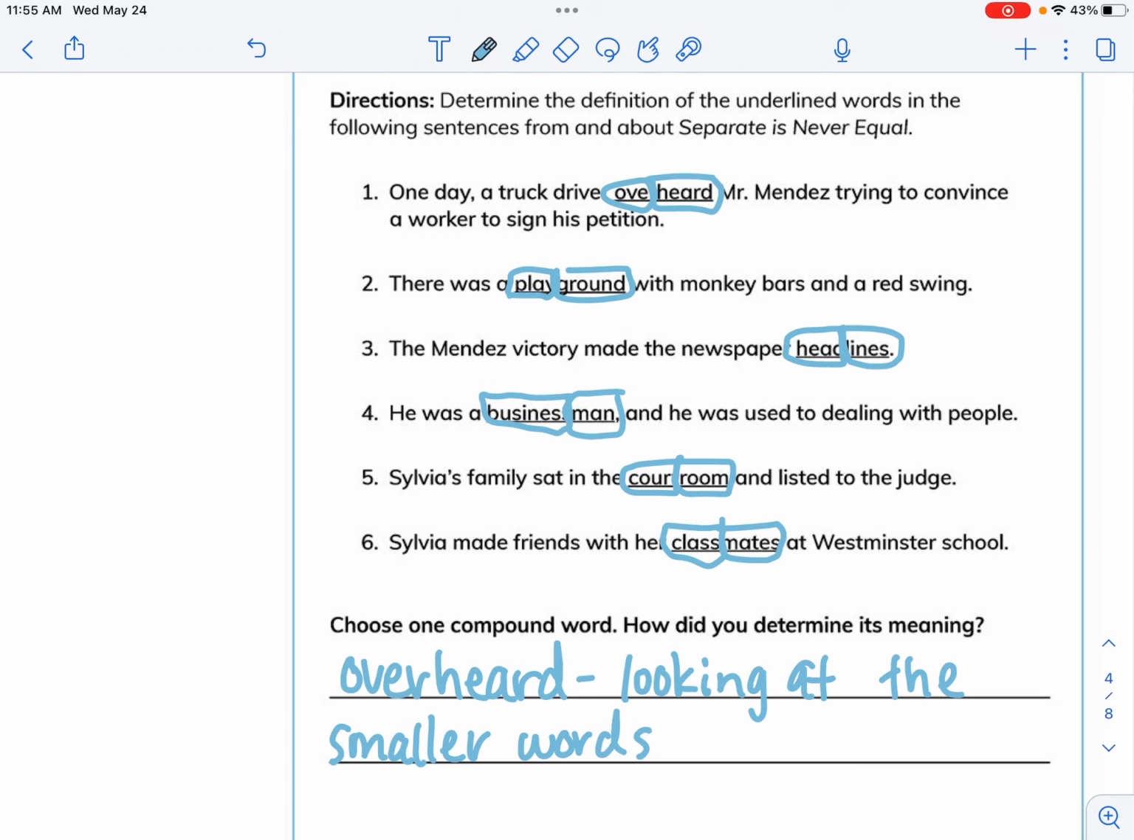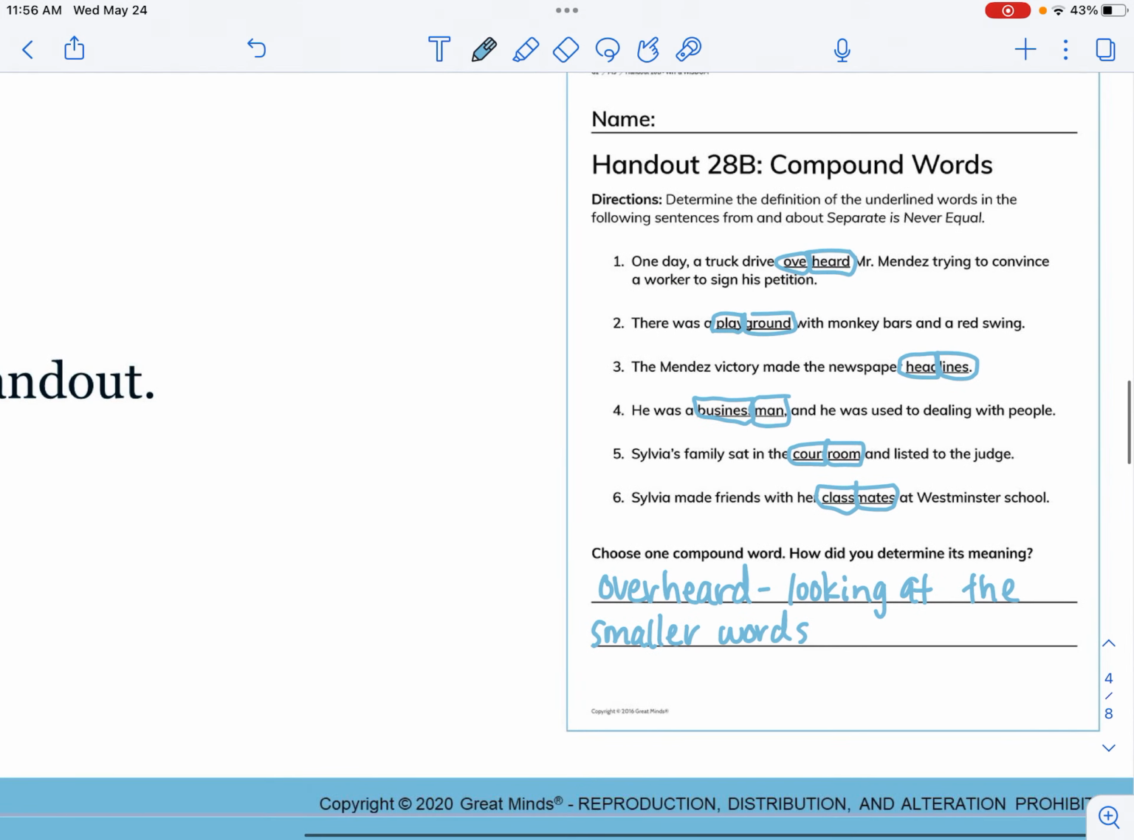You don't have to choose number one. You can pick any of the words and then write down how you know what it means. Don't forget to take a picture of handout 28B when you're done and put it